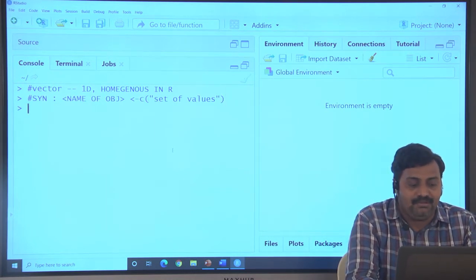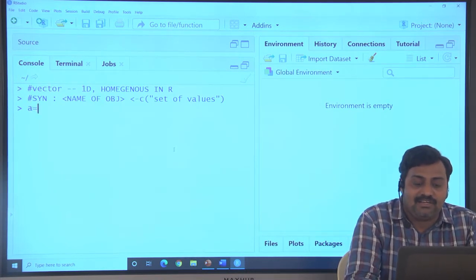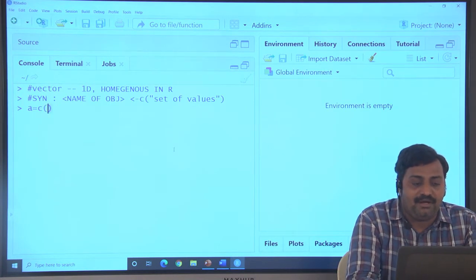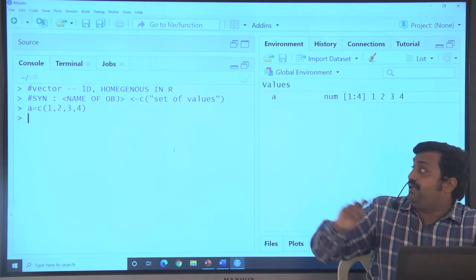I am taking a simple example: I want to create a equal to c of 1, 2, 3, 4. A is created.